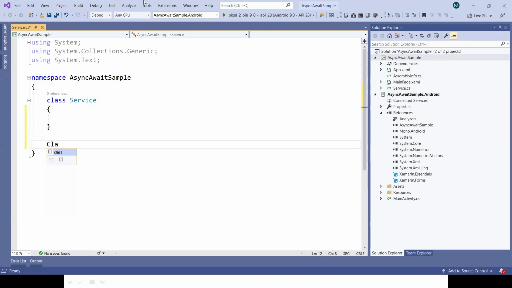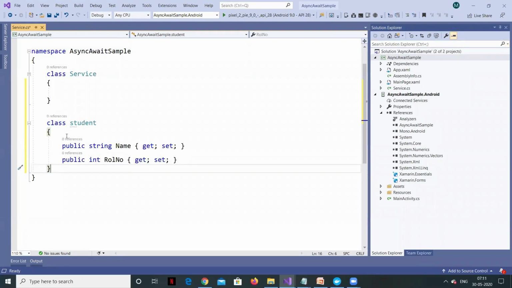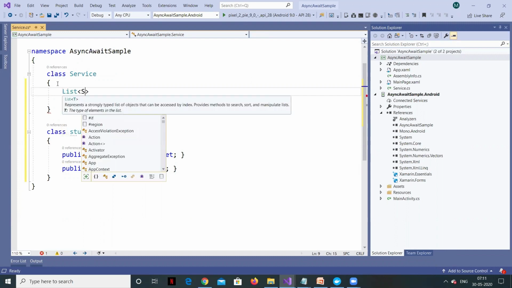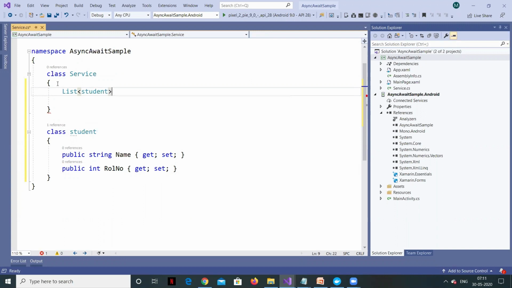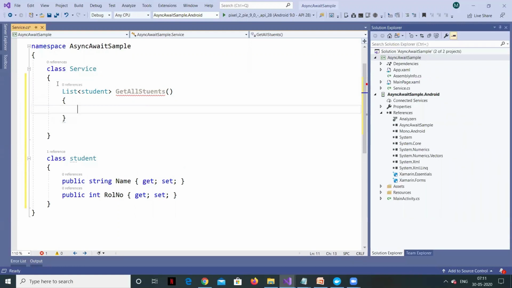So we can take here class Student. Now you can see that I have taken the model Student over here, and the next thing that we need to do is create one function that will get all students. We can create this one, GetAllStudents, and in that one we will just